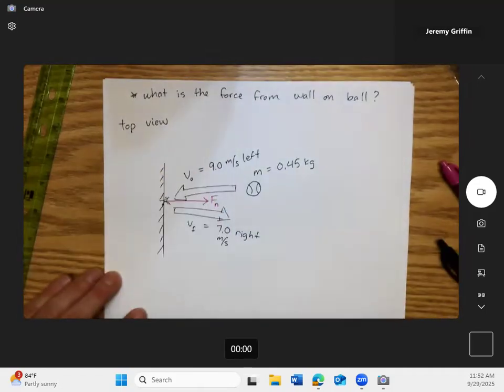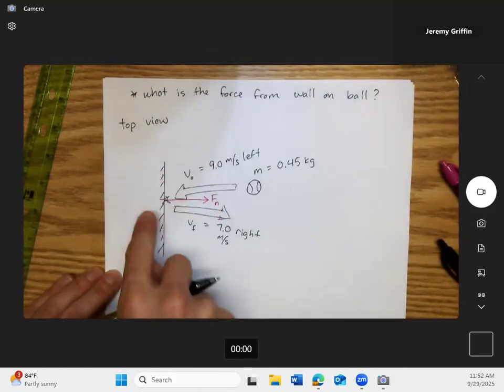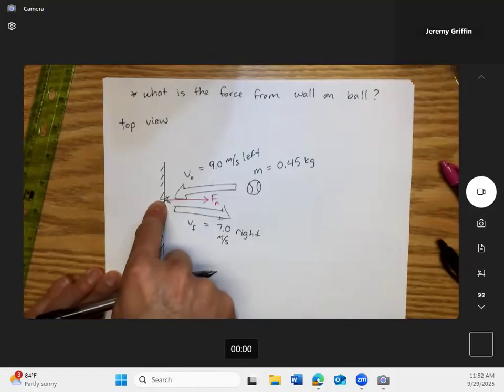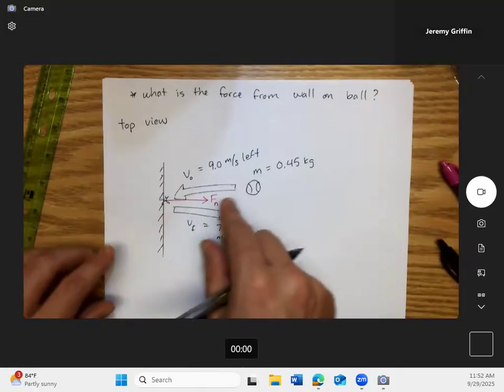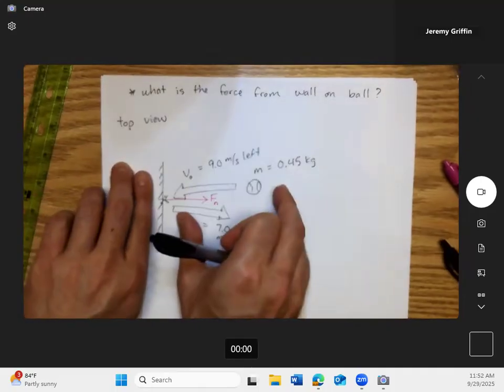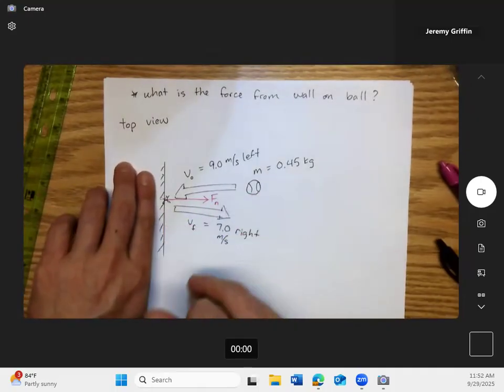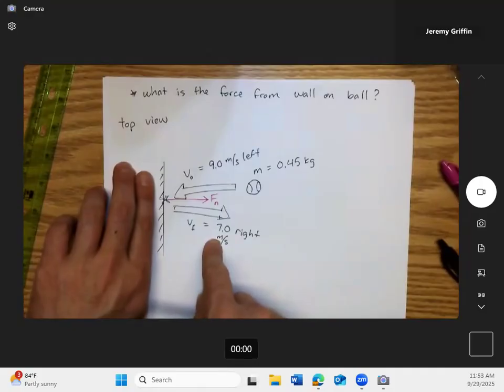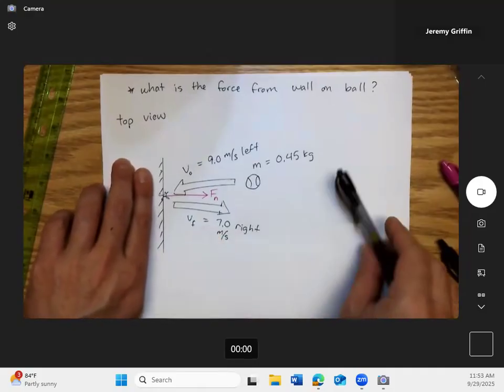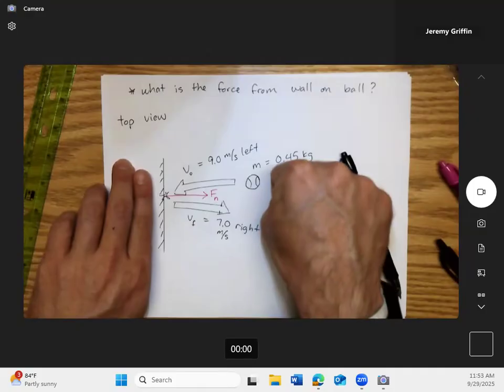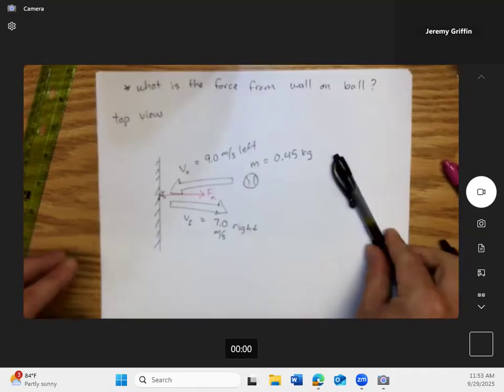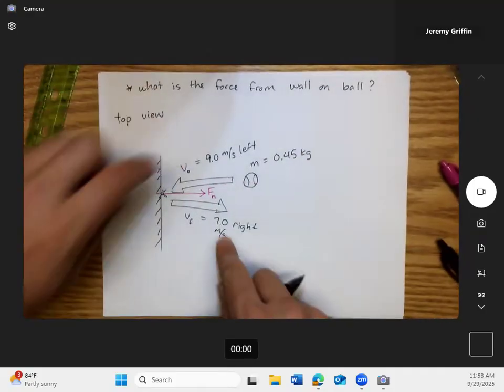And there's one more detail you have to know to solve this. You have to know the time interval of this collision because that matters too. Like if this is a bouncy ball, you don't actually need as much force to make it reverse. But if it's a hard little pellet ball, it's like pow, then the force would actually be bigger to produce this exact same set of numbers.